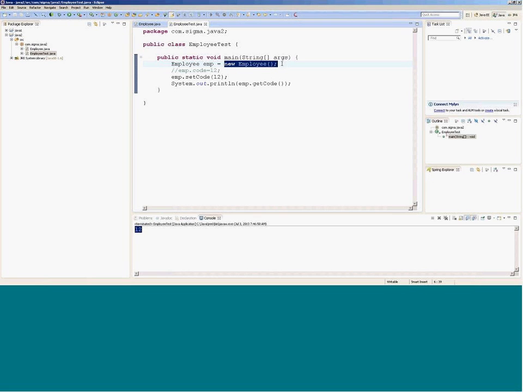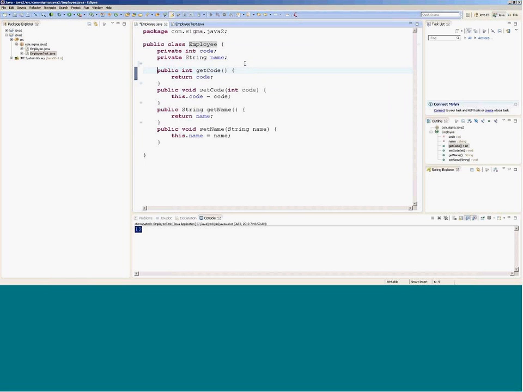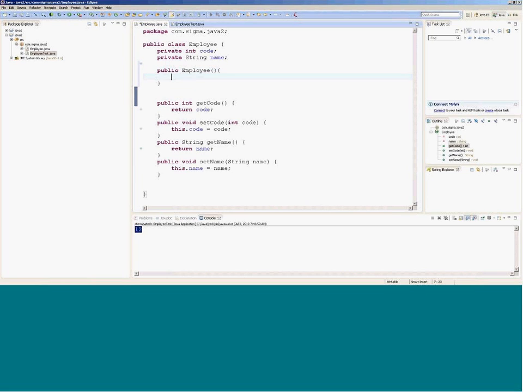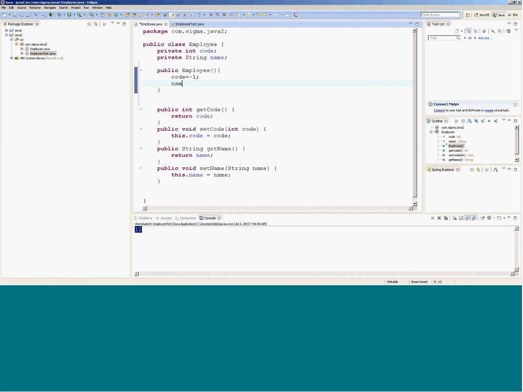It is called the default constructor. You can define your own default constructor, that's also fine. Here the constructor should be public again. For example, we give the code value as -1 and the String name as